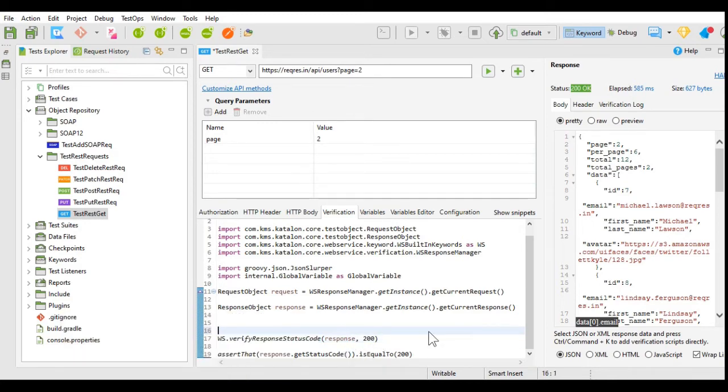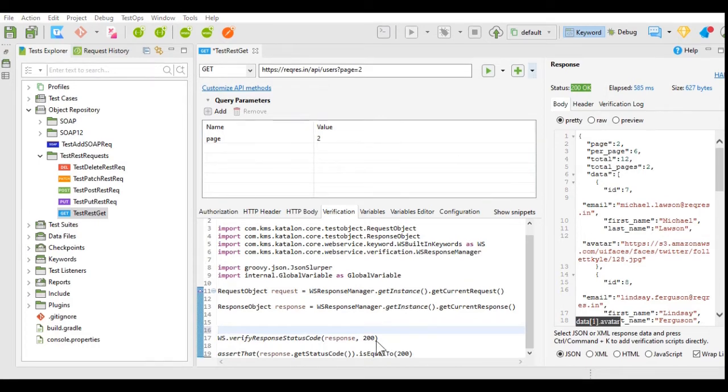We will execute this and we will verify whether the response that we are getting is 200 or not. To verify, we have to go to test request and click on this arrow. It will give us one more option, test request and verify. We have to click that option.